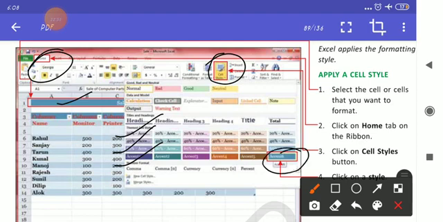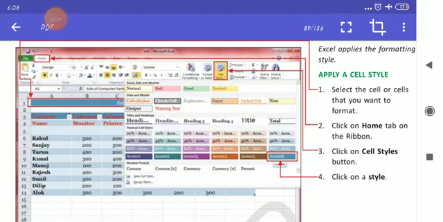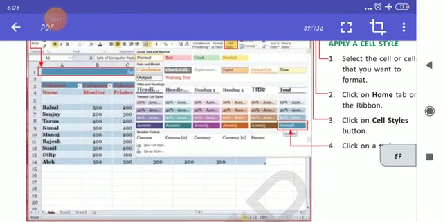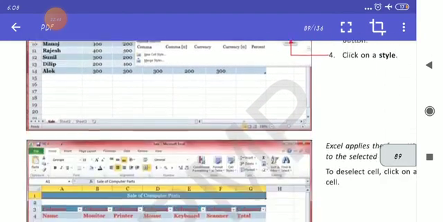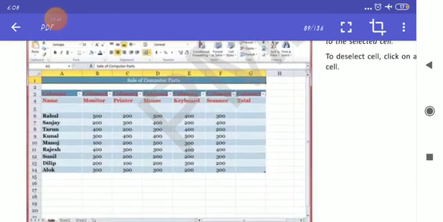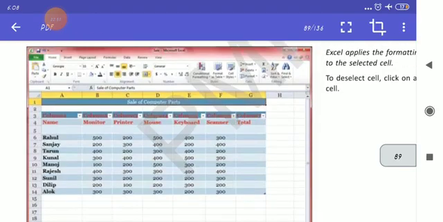So this cell style is being selected, and when you click on this, it will affect your table. See the result. Now the color is gray. So first of all you have formatted as a table, then next you are changing the style of the cells of a table.